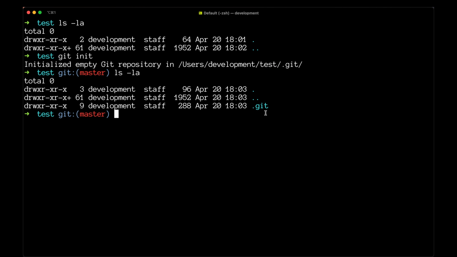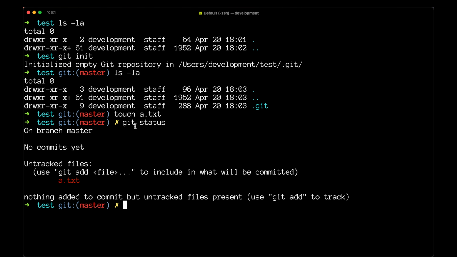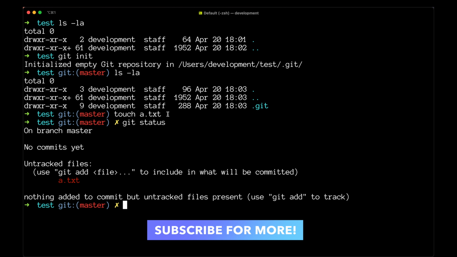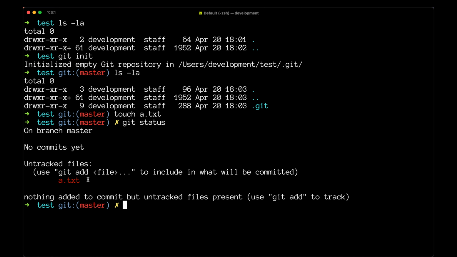Now I'm going to create a new file called a.txt. Now you can see this X mark appears here. And when we give git status, we can see untracked files a.txt. So untracked means we have created a file, but we are not telling git that I have added a file, so make sure that this file is being tracked, or the changes which are going to be made in this file should be considered.